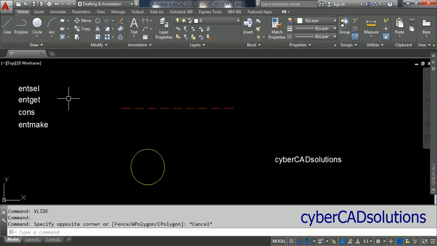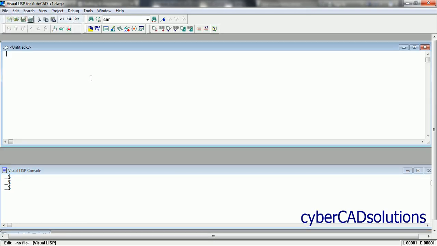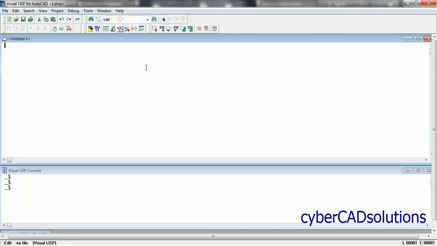Go to the development environment. Simply type VLIDE at the command prompt and press enter. Now click the new file button over here or go to the file menu and click new file, and go to the window menu and click tile horizontally so that the file will be adjusted automatically. Now Entsel, the syntax of Entsel is like this: